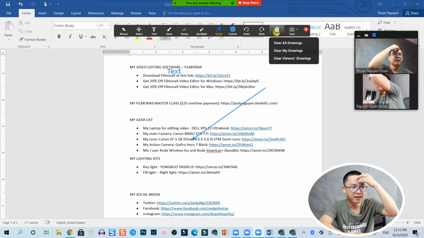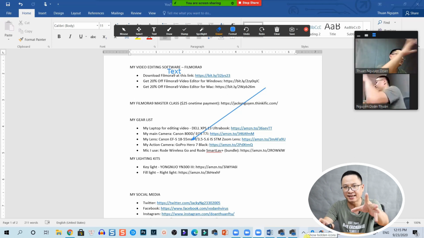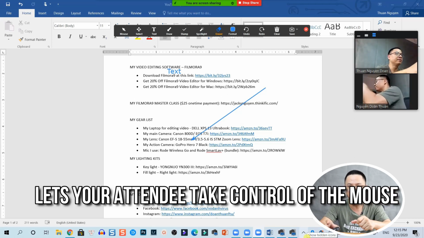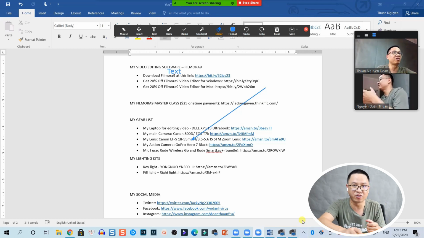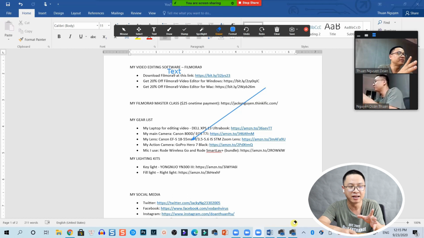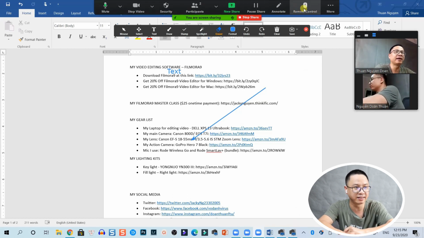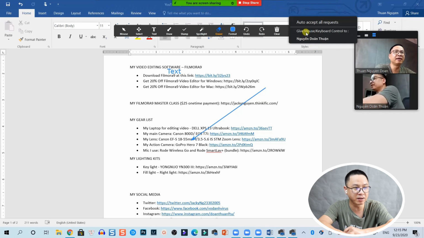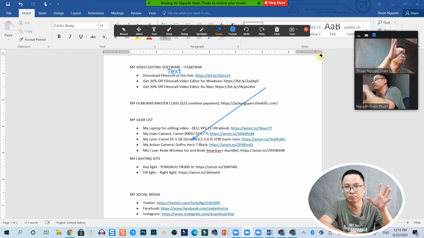also a clear. But one more interesting thing is that you can hand over your mouse and your keyboard to your attendees, to someone in the meeting. So to ask them to take control of the mouse, and they can just draw things and annotations on the screen. How to do that? You can click here and go to remote control and click on that. You see that give mouse keyboard control to one person in the meeting. If you have a group meeting, you can give it to anyone, but I'm going to give it to me